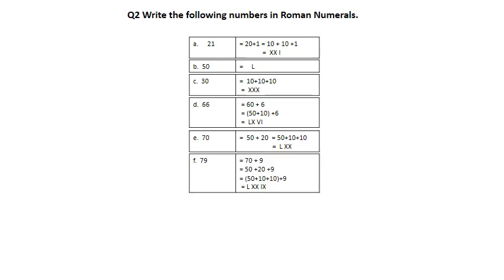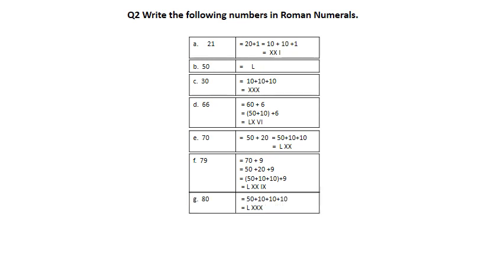Okay, the next one is 79. Now again, what are we doing here, students? We are writing in expanded form, which is 70 plus 9, 79. Now again this 70 we are splitting into simpler form, which is 50 plus 20, and this 9 as usual. So this 50 is our basic symbol but 20 is not a basic symbol. This 20 we write as 10 plus 10. So now we have all basic symbols here, so we'll write down the answer. The value for 50 is L, then the 10 here X, 10 as X, and this 9 as I, X becomes our 9.